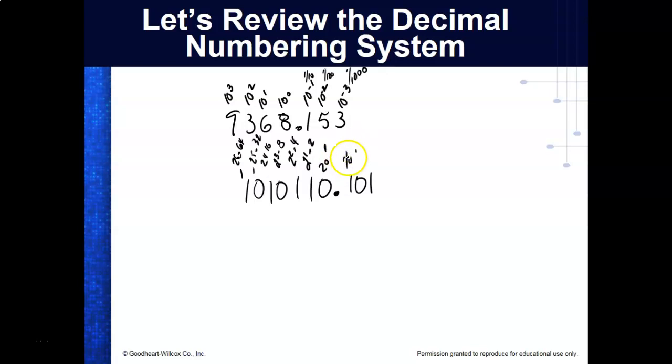This right here would be a half. This right here would be 1/4. This right here would be 1/8. Next one would be 1/16, 1/32, right? 1/64. So on the right-hand side of the fraction, you take the same powers that are on the positive side and just put it 1 over. Base 8,